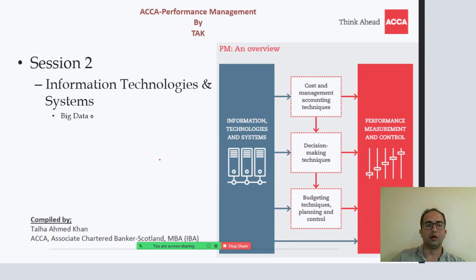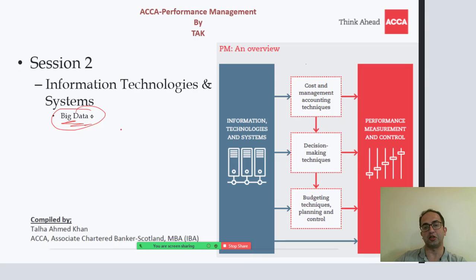Let us start the second section, that is the information technologies and systems. One of the new buzzwords in the financial world and non-financial world is big data, machine learning, artificial intelligence. This is something that is the new normal for the market. Now this is also incorporated in the ACCA as well, because you know that ACCA is a pretty much